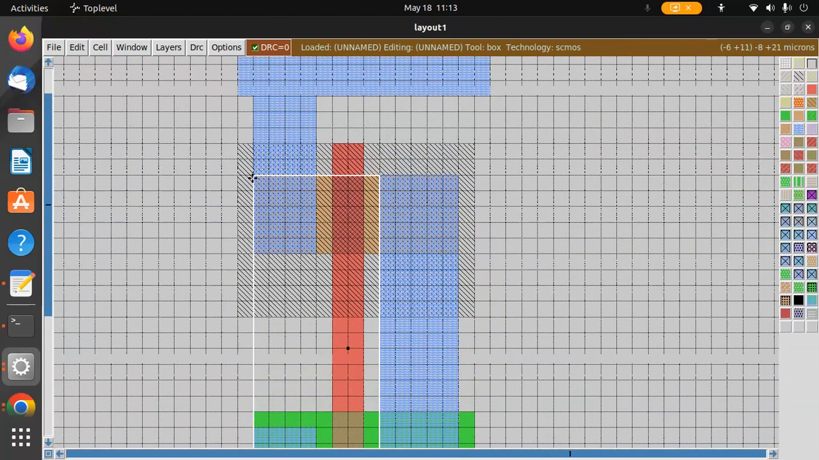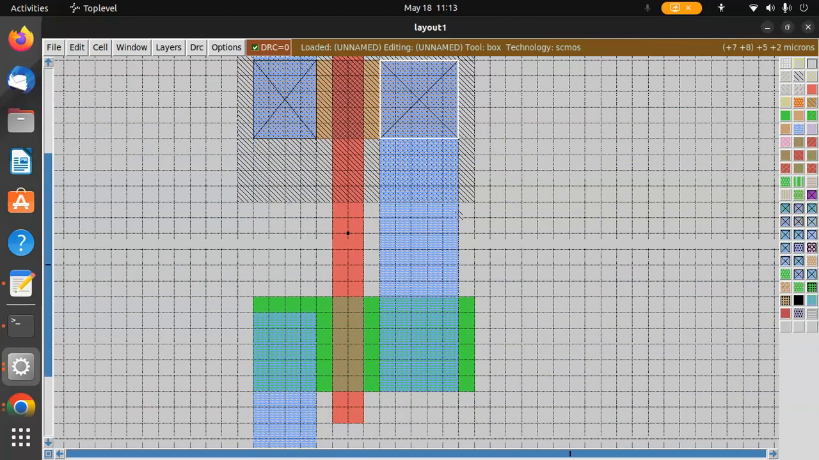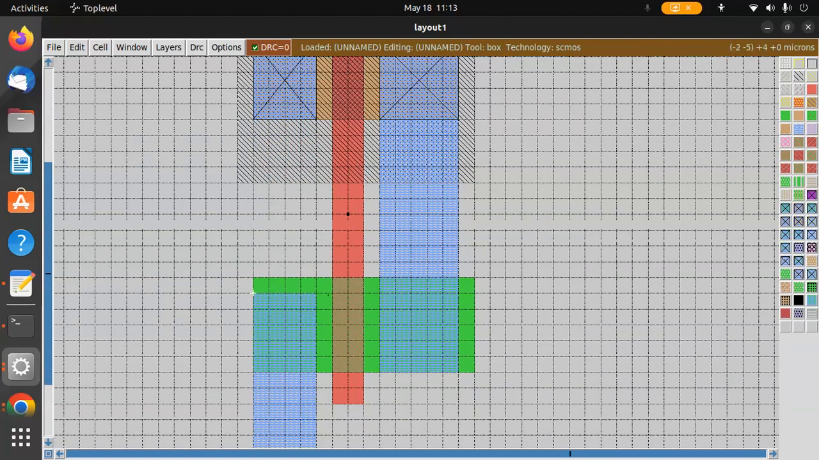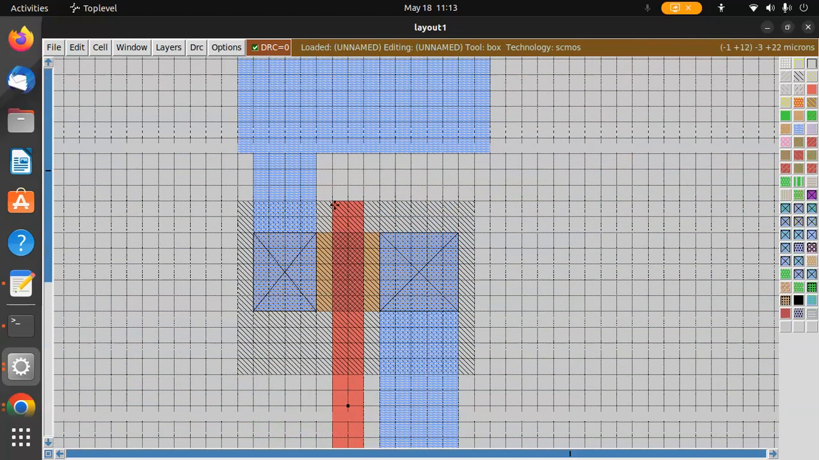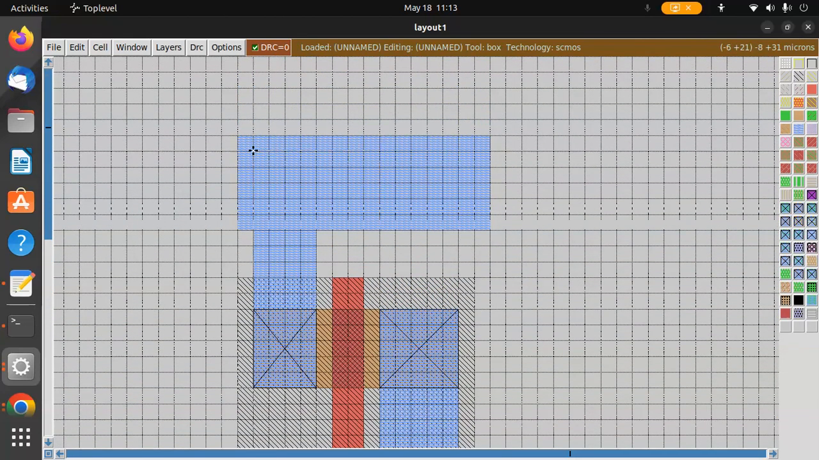And you need to have contacts, metal contacts, so this is P diffusion, so you have PD contact. Here also you need to have PD contact, and here you need to have ND contact. Also you need to have ND contact, and you need to have metal contact, so here you have anvil, so you need to have